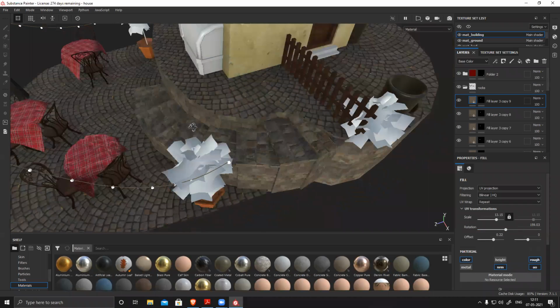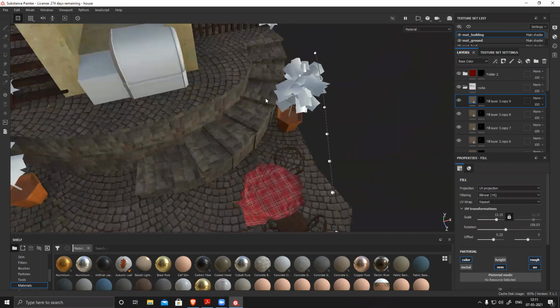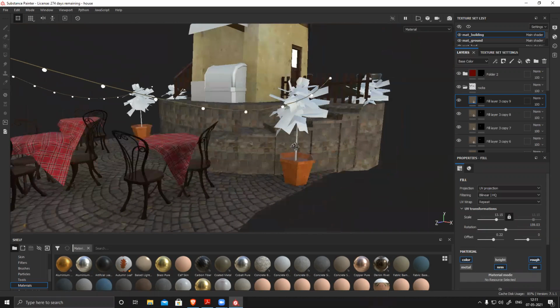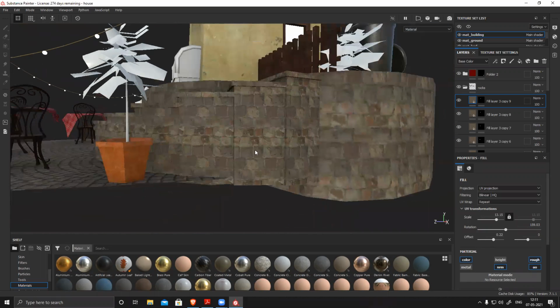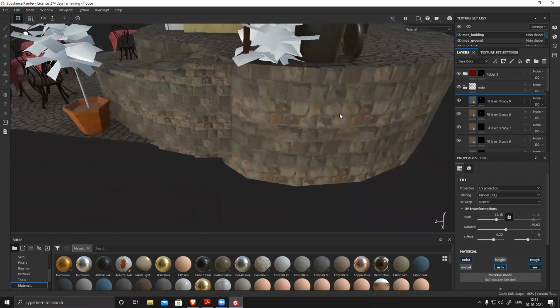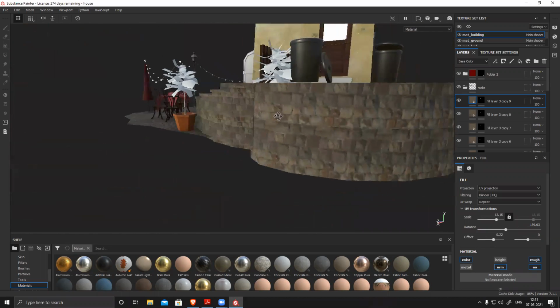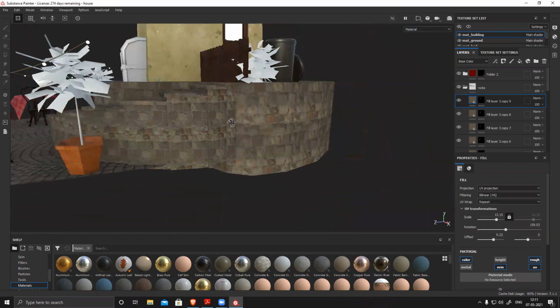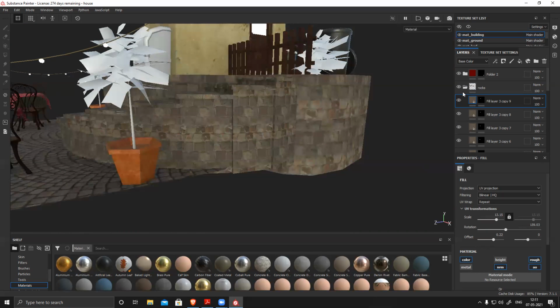Yeah, this is better. So like this, one by one, one stair at a time. Align everything nicely and done. But now I can see this tiling is visible, and I feel this texture looks kind of blurry. And this I can see clearly.